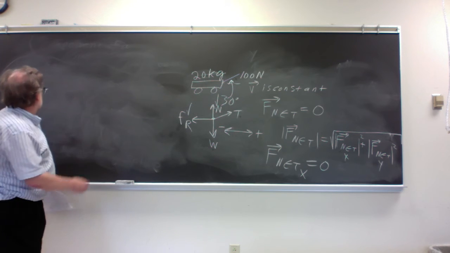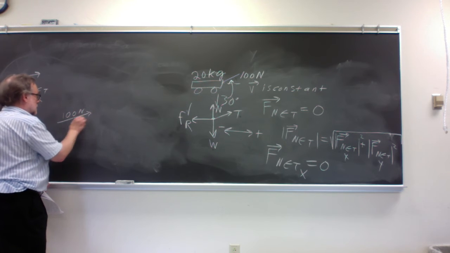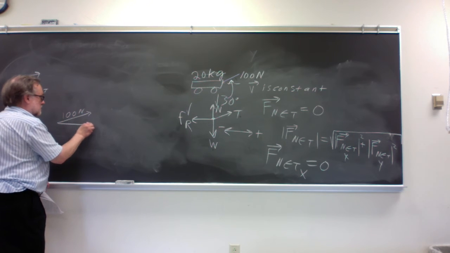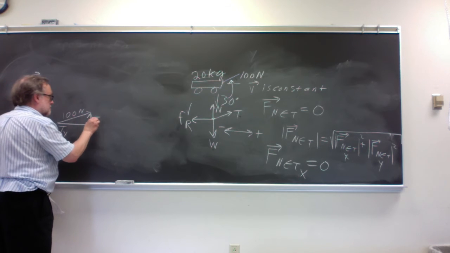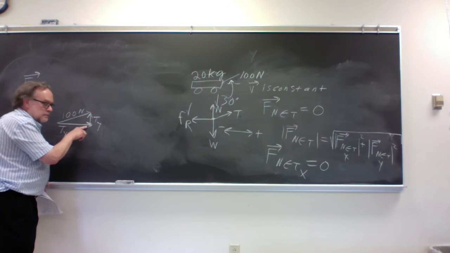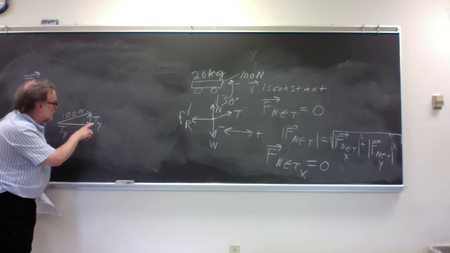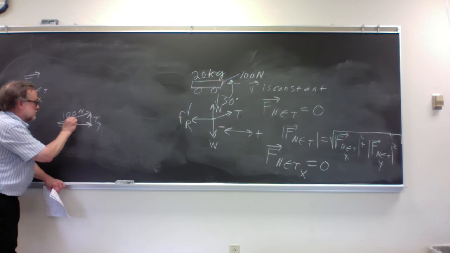So we have to calculate that first. 100 newtons, and then here's the x component, and then here's the y component. This 100 newtons of tension is what you get if you have this much pull in the x direction plus this much pull in the y direction. And if this is 30 degrees,